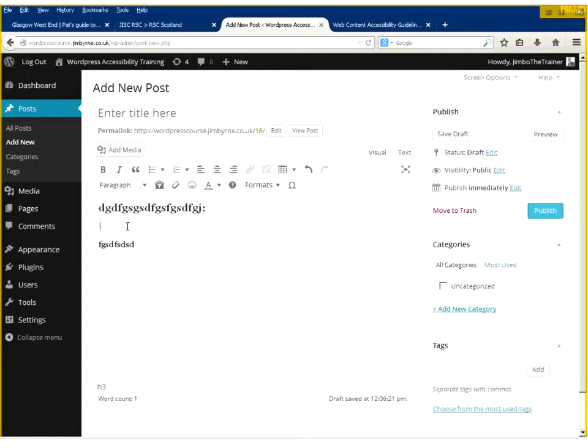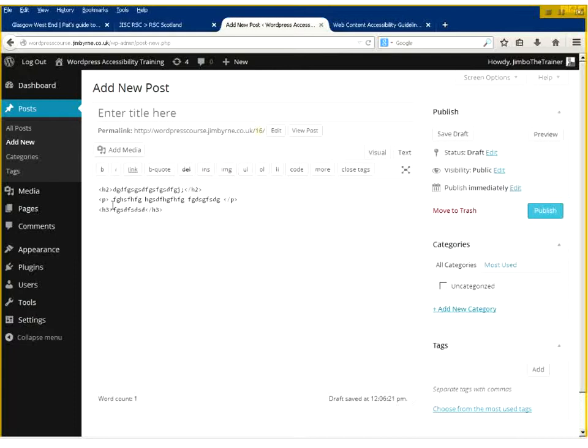I'll put some text in. I say, right, okay, make that a paragraph, which is default anyway. It's saying to the browser, this is a paragraph, make it look like a paragraph. Same with these: this is a heading, make it look like a heading; this is a subheading, make it look like a subheading.